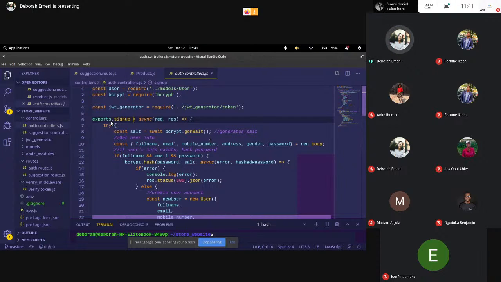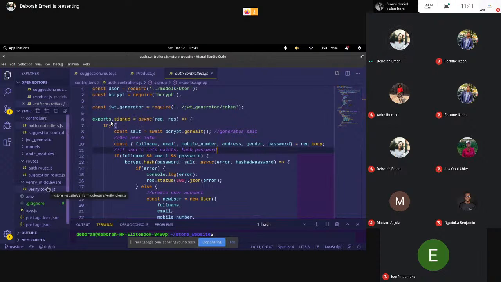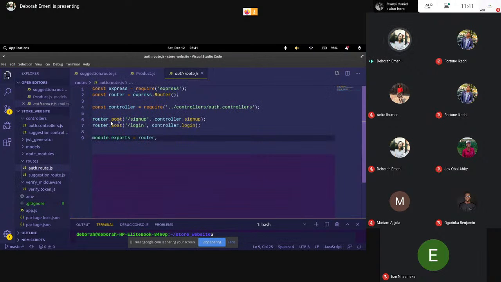When you're signing up on an app, you'd most likely be required to enter your full name, your email, your mobile number, your address, your password. Most likely your email, your password, your name and other information. So when a user enters that, I as a backend developer am using a post request, because I'm creating a user. So this is actually a post request here. This is where I'm using my post request. When the user goes to this particular route,